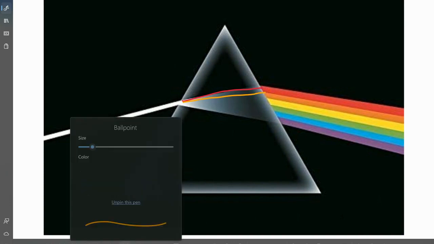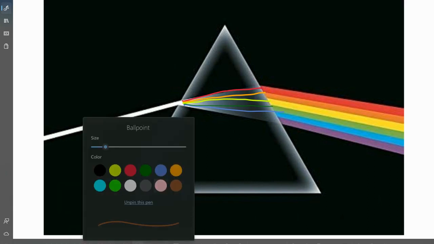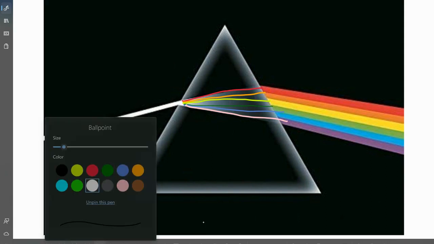Red, orange. See if it'll let me get all these colors. Yellow, right? We've got green, blue, and purple. Green, and our blue, and I don't know if I have purple on here. Doesn't look like it. Pink is close enough. Purple-ish. Right, so this is because the white light comes in, and white light is just a combination of